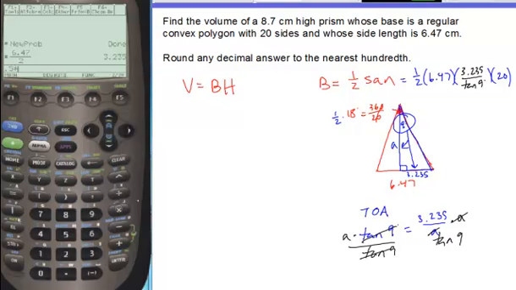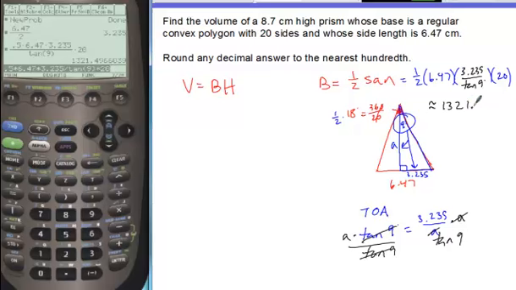So if we take 1/2 times 6.47 times this number, 3.235, divided by the tangent of 9 degrees, and then all times 20, the number of sides. So that's going to give us an area of 1321.5 approximately. So if we plug that in right here, 1321.5, and we multiply that by the height of the